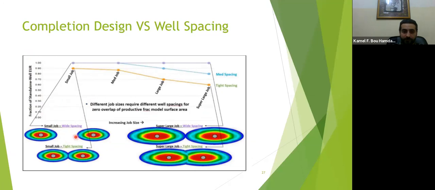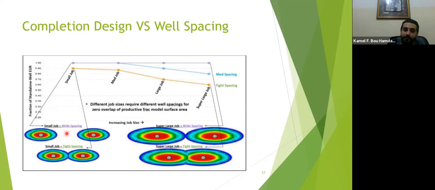So how does this affect our estimated ultimate recovery in comparison with the spacing between the two wells? For this case over here, we have two wells, small job, but they are very wide apart. Now the estimated ultimate recovery here gives us a factor of 1. However, as we mentioned previously, here we have an area which is unstimulated. So this rock over here cannot really be produced unless we drill another well